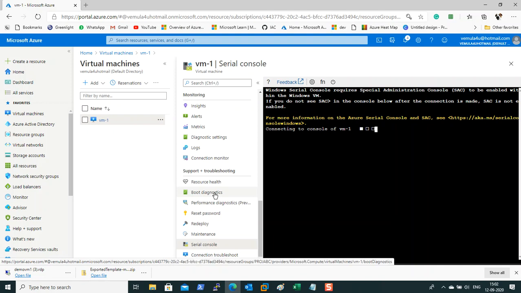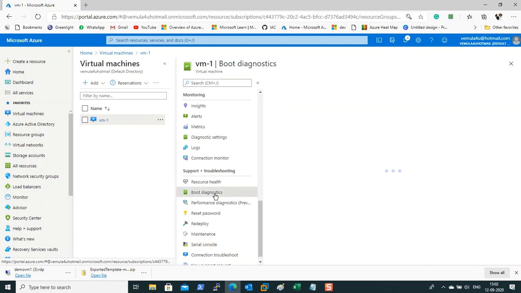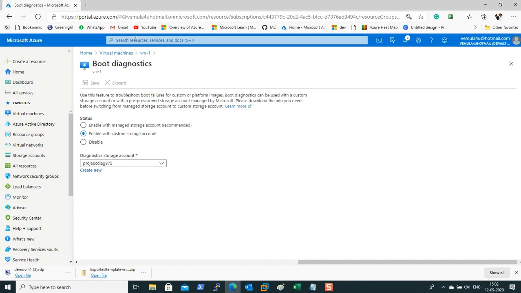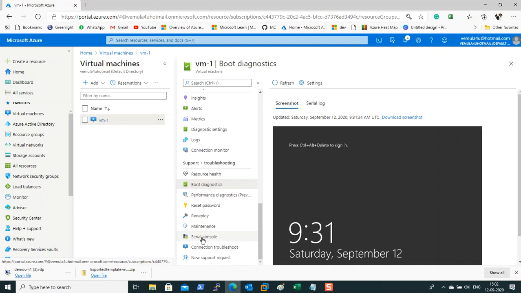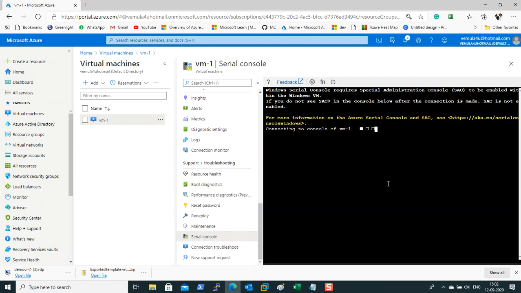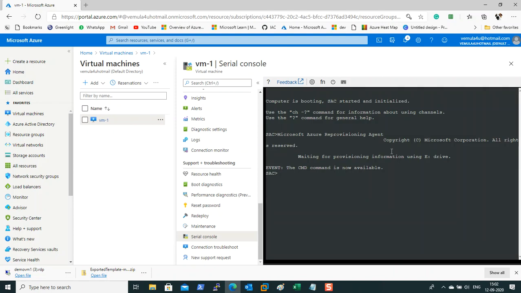your OS issues. In order to use the serial console, you need to have boot diagnostics enabled, and you should be selecting the second option, that is enabled with custom storage account. Otherwise, you'll not be able to connect to the serial console. The serial console allows you to connect to a special administration console, and it gives a prompt called the SAC prompt.